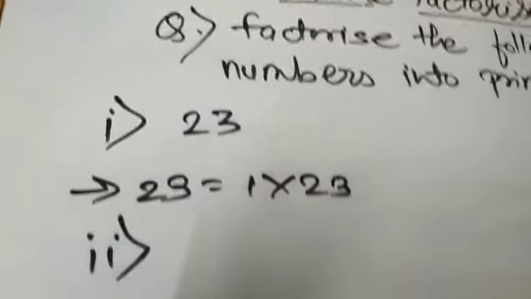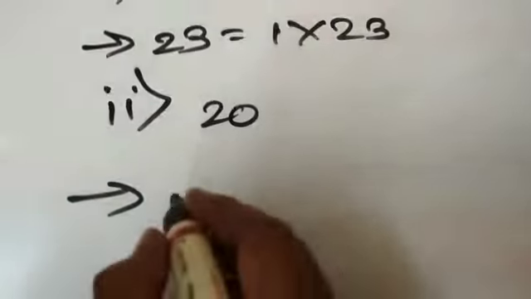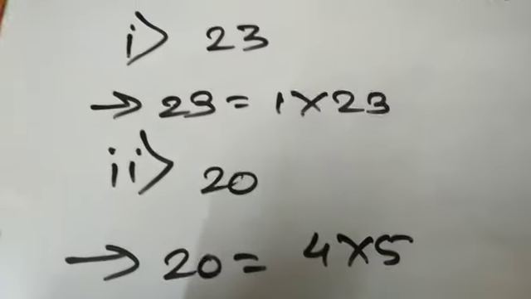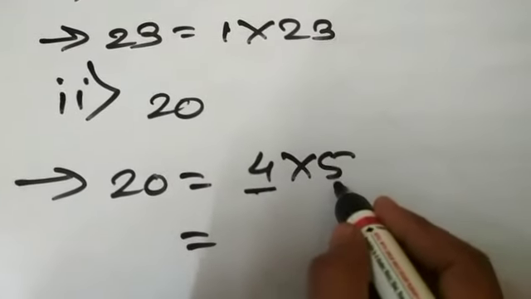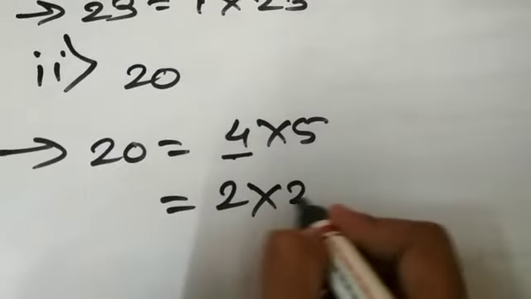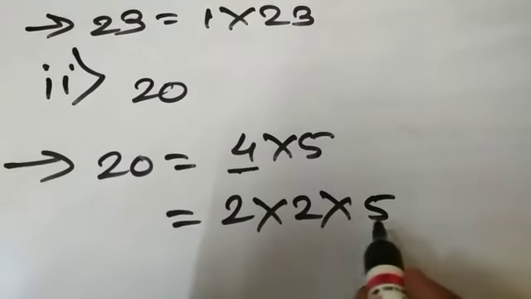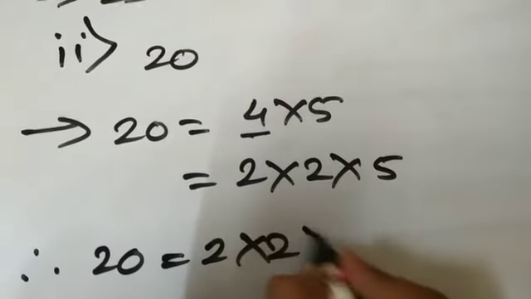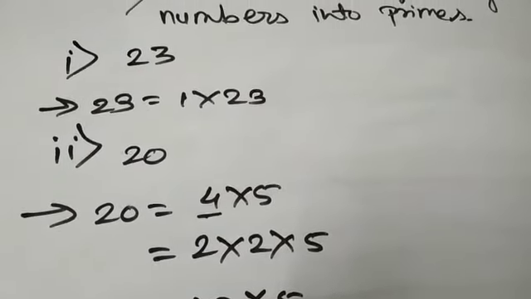One more example I will take here. Suppose I want to take the number 20. Factors of 20: I can write 20 as 4 5s are 20. Then I can factorize the 4 more. 5 is already a prime number, so there is no need to factorize it more. I will factorize the 4 as 2 2s are 4, and this 5 will be carried as it is. You can see 2 2s are 4 and 4 5s are 20. And this is nothing but the prime factorization of 20, which is 2 into 2 into 5. I hope this is clear to you, this prime factorization.